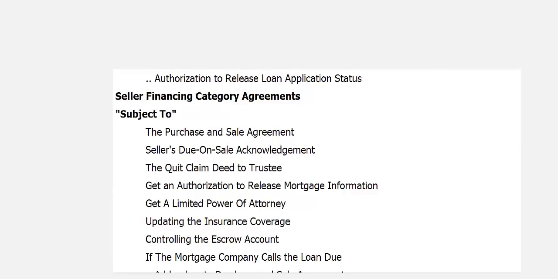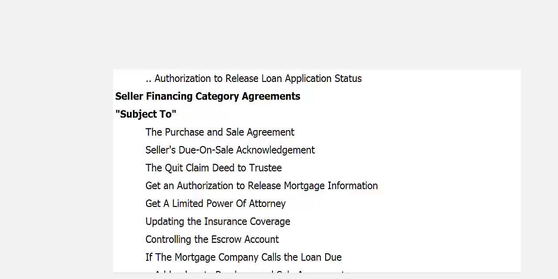Then we get into seller financing category agreements, and there's subsections. The first subsection is subject to the purchase and sale agreement, the seller's due on sale acknowledgement, quitclaim deed to trustee using a land trust, get an authorization to release mortgage information, get a limited power of attorney, updating the